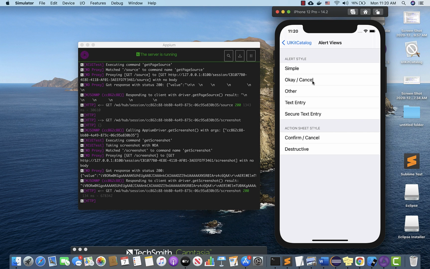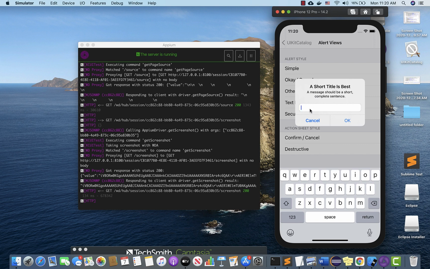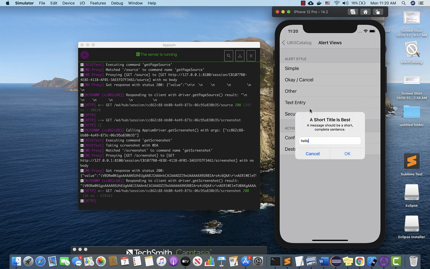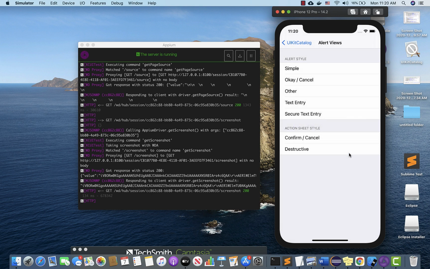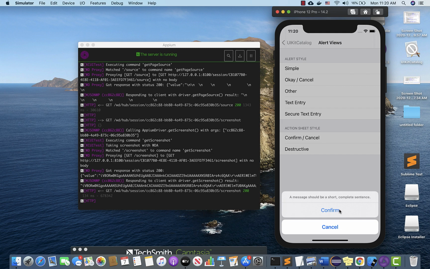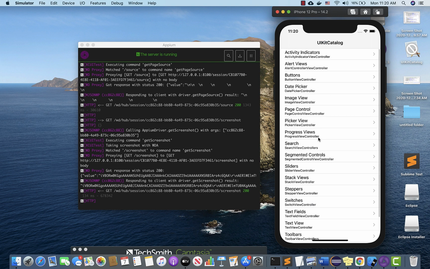And here, text entry, we will select this, we will type hello, and then let's click on the OK. And finally, we will select this confirm and you get a pop-up like this. Let's select this confirm and come back to the home page again. Okay, so let's try to do these activities and see how we can automate this process using Appium.